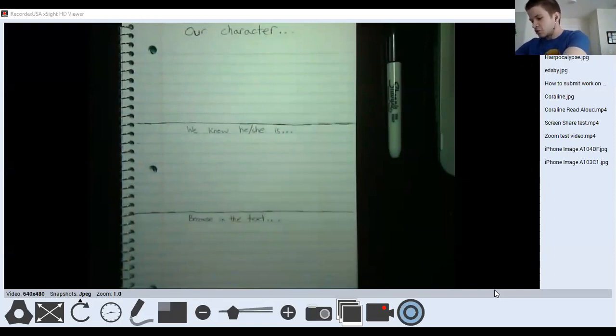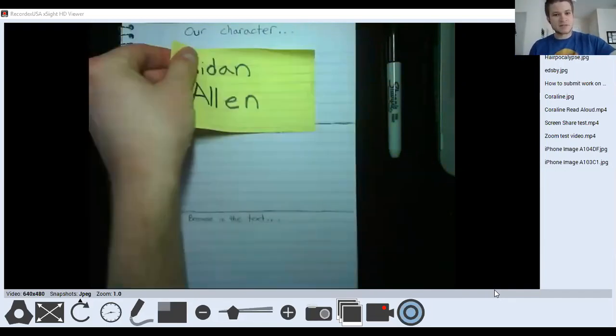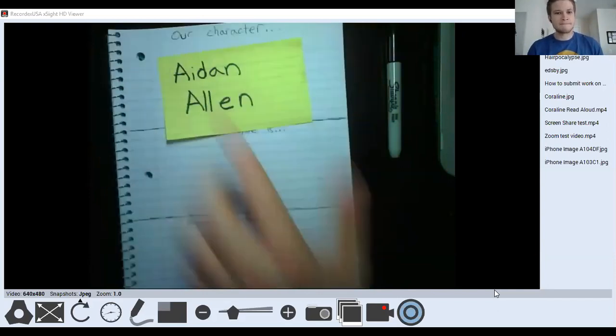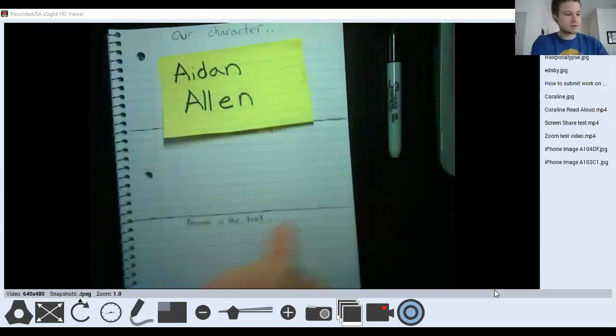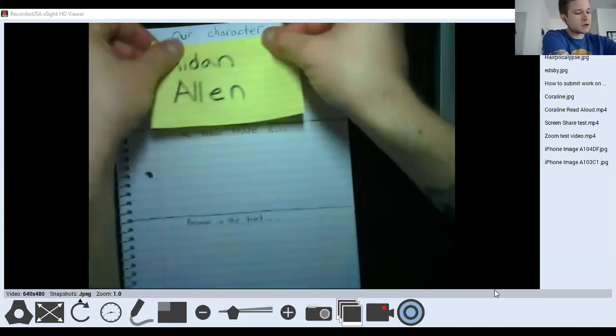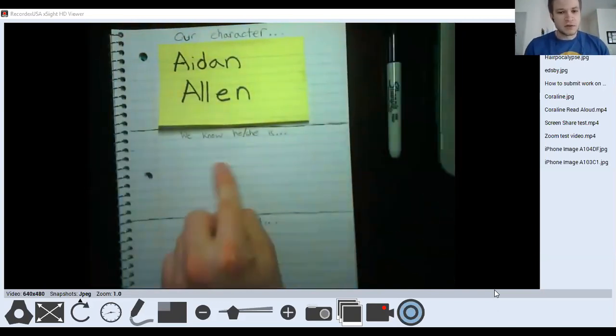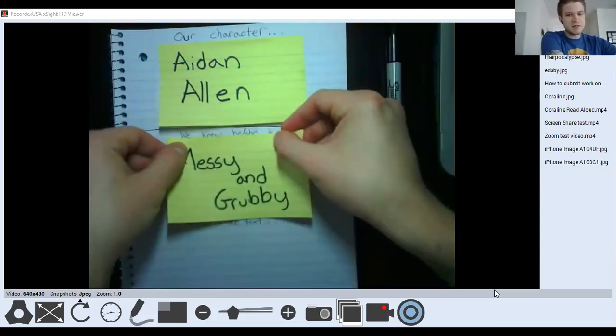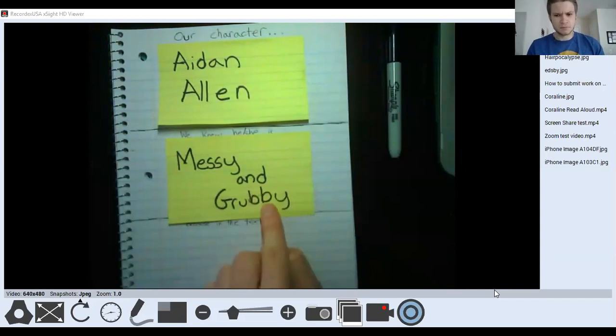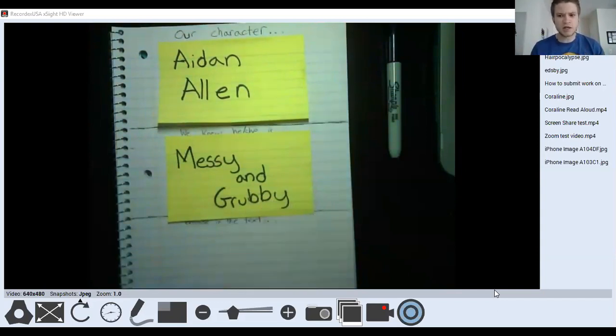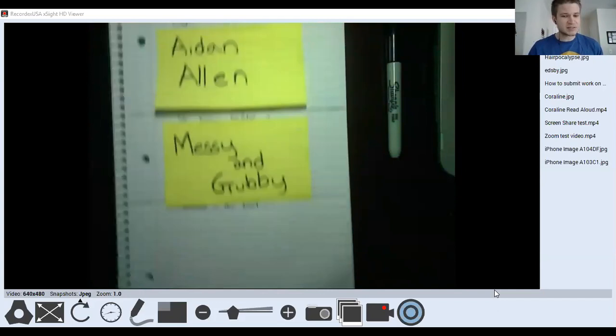Well, for starters, early on in the text, we were introduced to a character named Aiden Allen, right? Our character, Aiden Allen, let me move this up a little bit. There we go. We know that he or she is pretty messy and grubby, right? Because I think the text was calling him grubby as well. But we know as the readers that Aiden is messy and grubby because in the text,